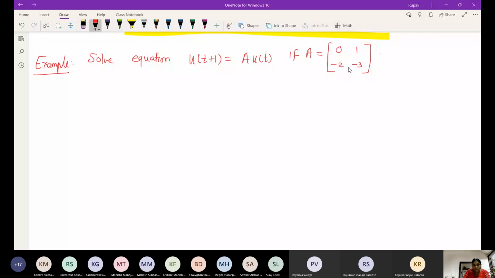So instead of finding that again, I will just directly write: let u0 be the initial vector satisfying u at 0 is equal to u0, and as calculated in the previous example,